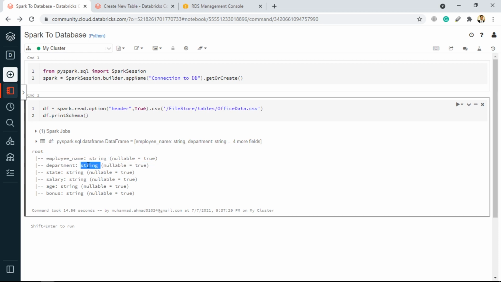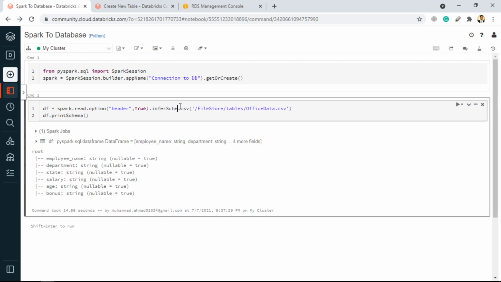It is not making any sense. So we have to devise a way, because as I just mentioned, whatever the schema of the data frame would be, Spark will simply consider the data frame schema and create a table in the database and put the data over there. Actually there are two ways. One way is that you provide the schema on your own, and the other way is the easy one.